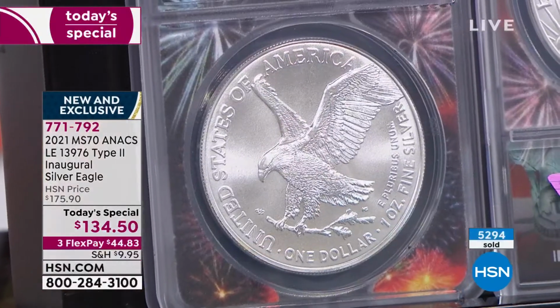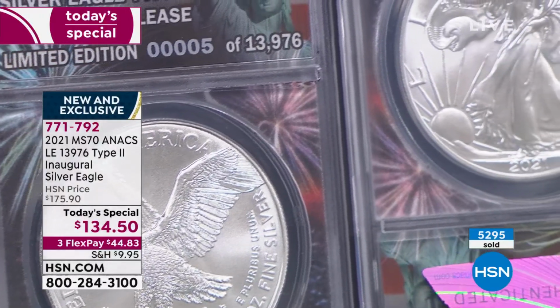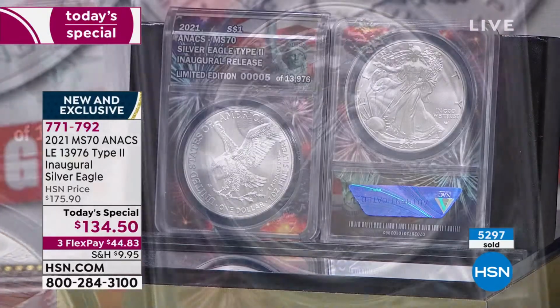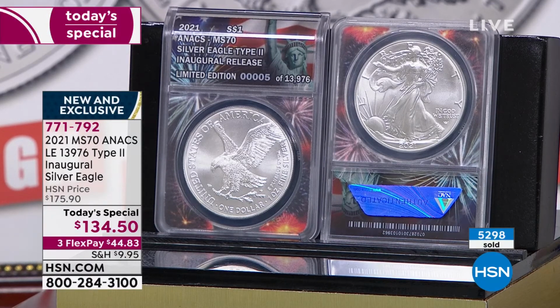I think it's critical that you understand the important part this will play in your collection over the years, and you need to pick up the phone and get in on it right now. This is your moment. This is your time. If you don't want to wait on the phone, we do have your order if you're on the phone right now. But if you want to key in that item number 771792 to your app or hsn.com,